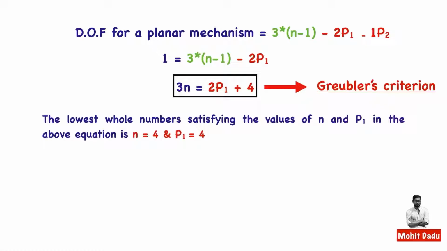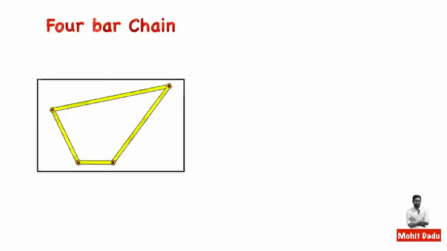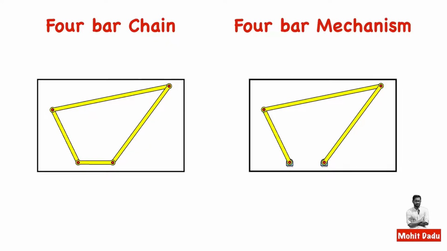Such a kinematic chain is known as a 4-bar chain, which has 4 links and all lower pairs. This is the basic kinematic chain you can form with all lower pairs and a single degree of freedom. We will study this 4-bar chain and mechanisms in detail in this video. Here you can see a 4-bar chain, with 4 links and all lower pairs, which are turning pairs having area of contact. We can convert this 4-bar chain into a mechanism by fixing at least one of the links. If you fix one link, you get the 4-bar mechanism like this, and this is the fixed link.